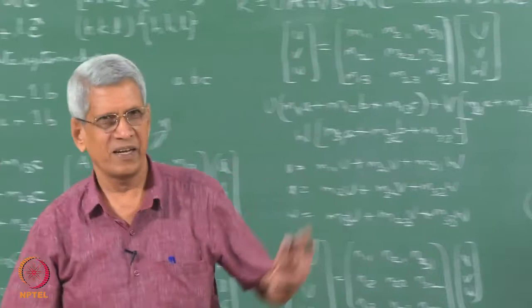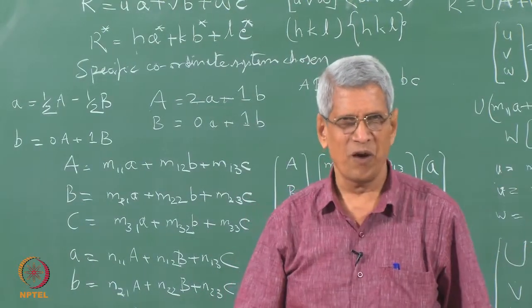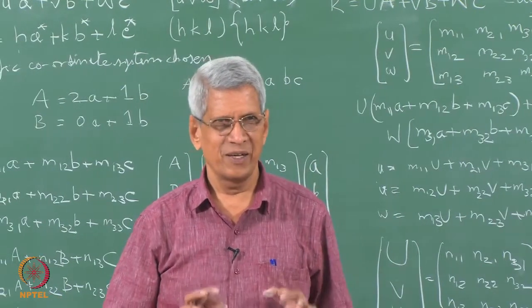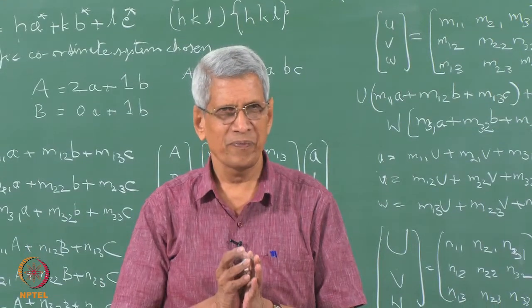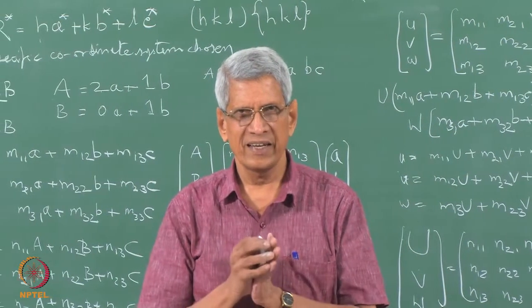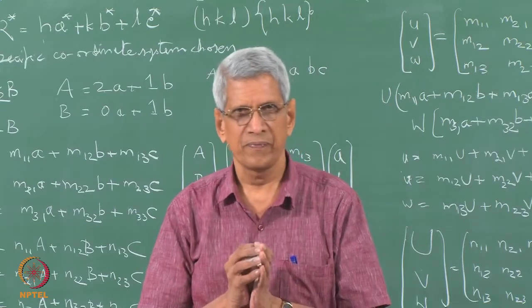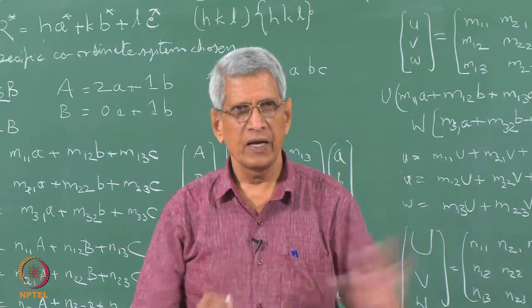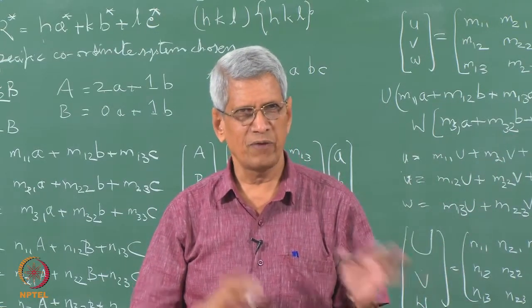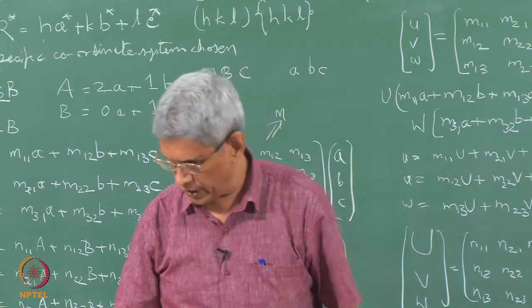So, from this expression we will be able to derive this. This part of the derivation I am not going into detail, you can do it, this is how the final formula comes. Now essentially you have got transformation matrices for going from one unit cell to another, for directions as well as for planes. Is it clear? This can be used to go from one lattice to another, to find out the transformation of indices.